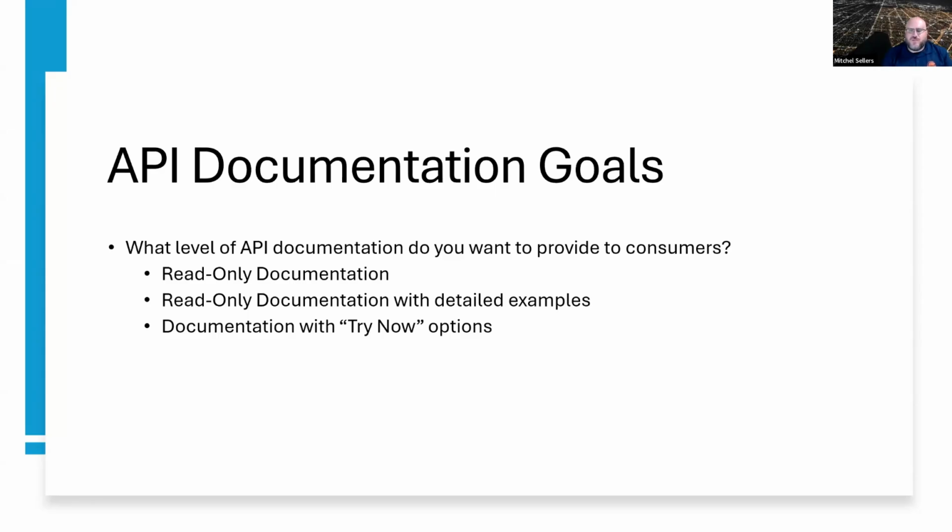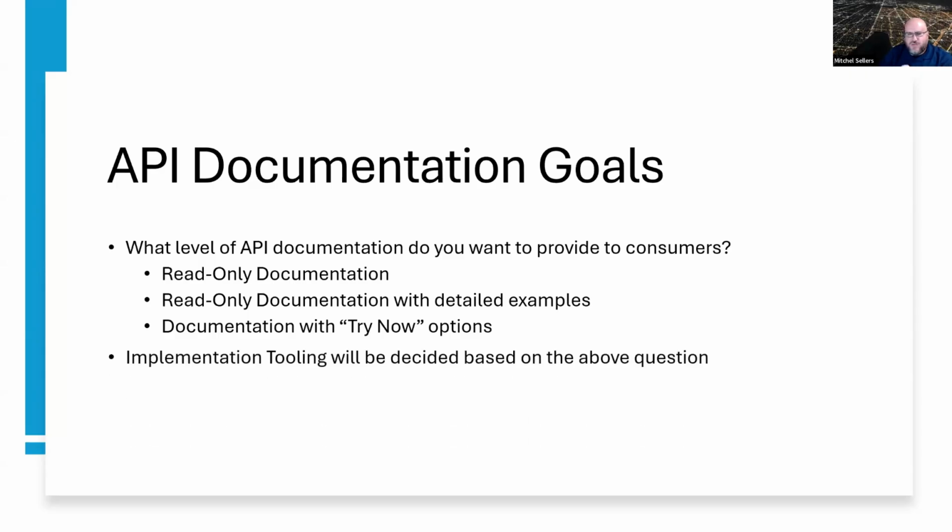We could go for something to be able to give people a try now button. If you have an API key, let them drop their API key in and actually hit the API. It's kind of cool, right? It can prove that your API works. Maybe they weren't smart enough to make the proper request. Maybe they didn't JSON format it properly, but you can showcase, hey, my API is live. So we want to understand kind of where we're going, and I'll talk through as we go through the progression this evening of the tools that are out there, how we can kind of meet each of these respective goals along the way. And to do this, there are two different tools that we're going to talk about tonight,